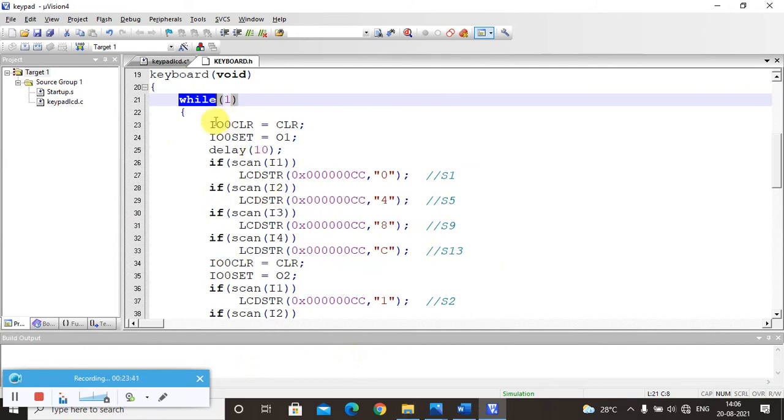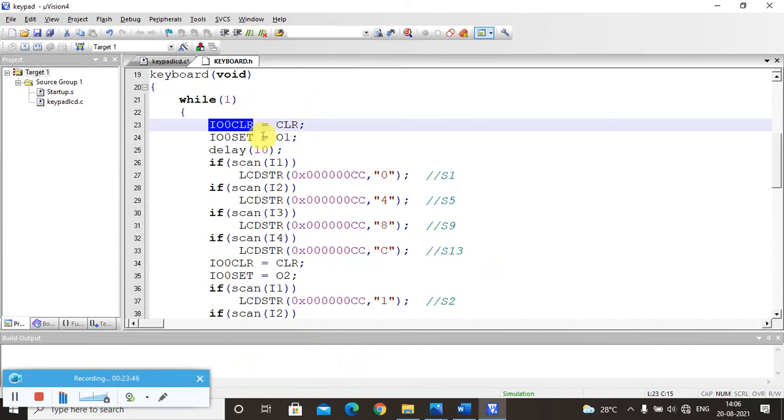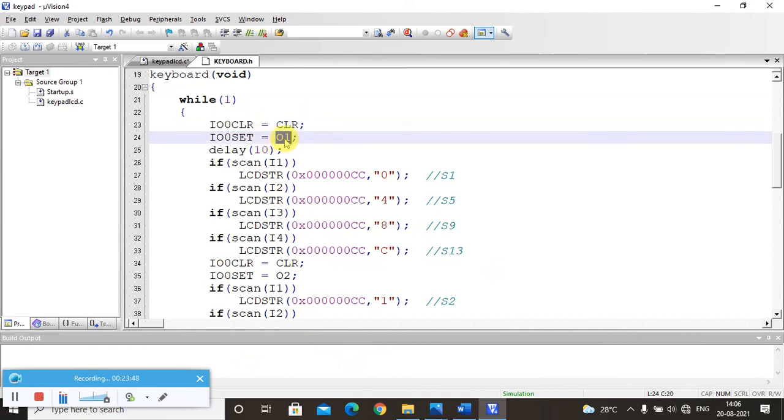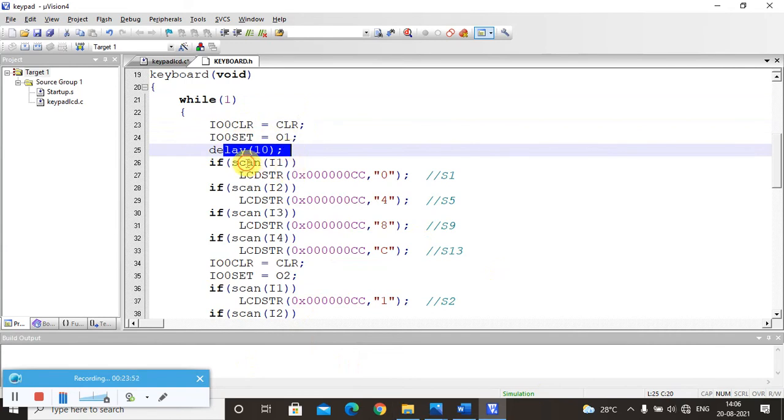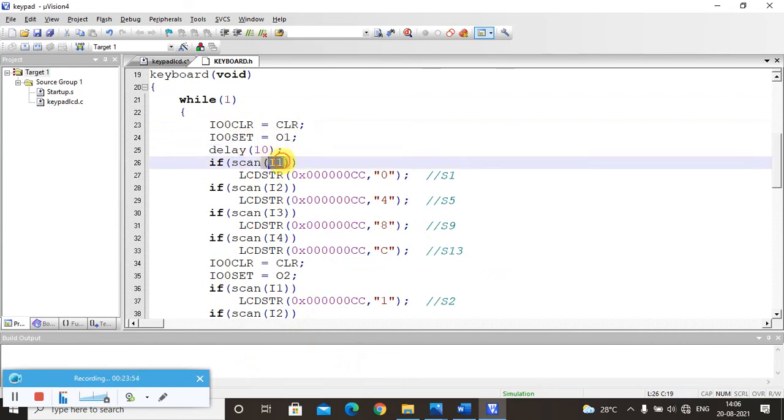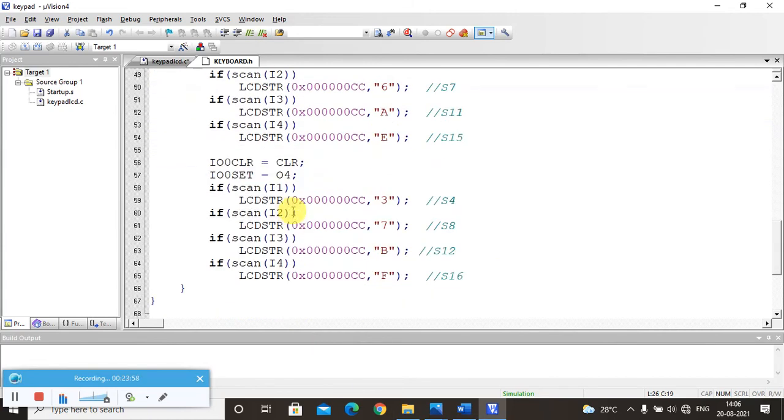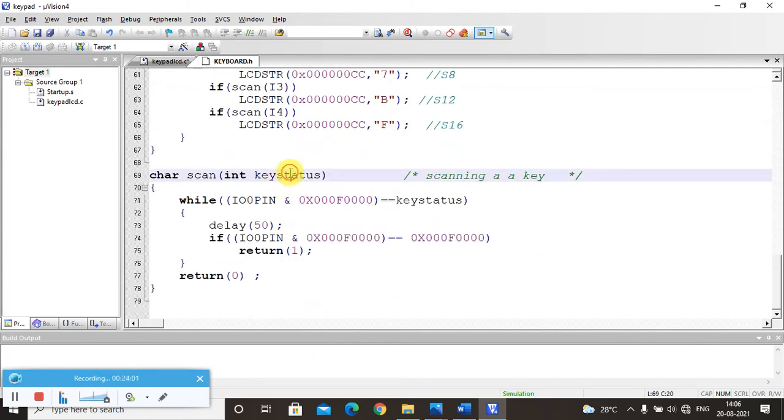And you can see the first function CLR is assigned to IO0CLR, and 1 is set to the IO0SET. After giving some small delay, it will scan for the first row. I1 is the first row. Now in the scan function, we'll see what is there. If it takes the first row, it will check for that IO0 pin and